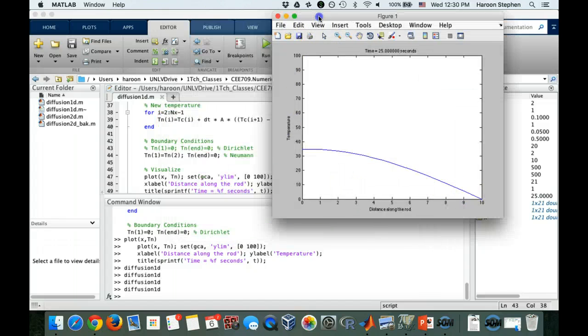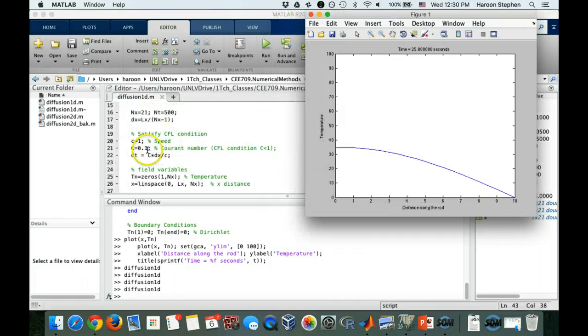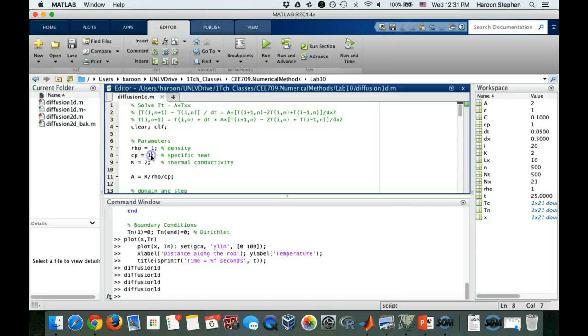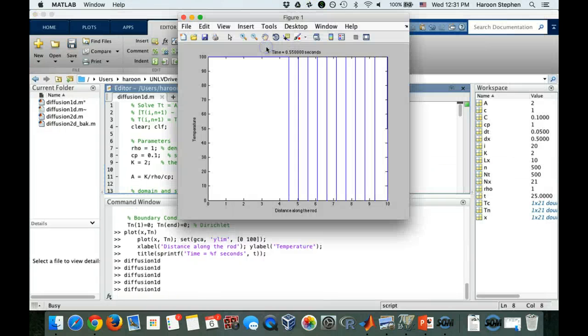Similarly, you can adjust the specific heat. So let's say if we reduce the specific heat to 0.1, the effect will be that the cooling will happen